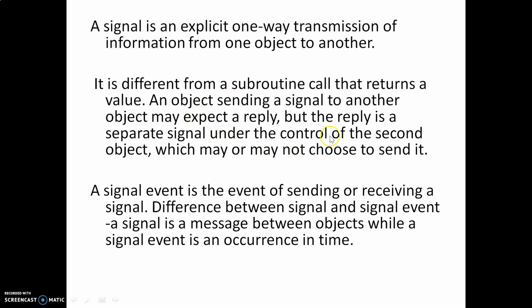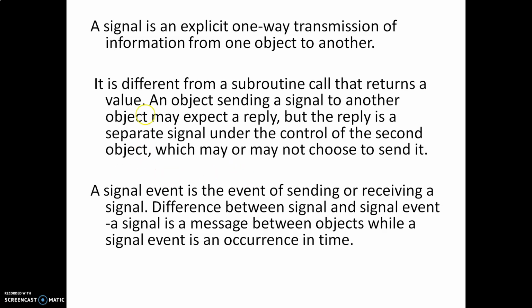Okay, now what is the meaning of this entire paragraph mentioned here? Just now I told you one of the ways to signal your friend is you wave your hand and say hi, right? But then expecting a response from the friend to say hi again, like him waving his hand in response, is completely dependent on your friend, right? If he wants to, he would wave it, otherwise he would not. So same thing happens in case of transmission here. The meaning of this separate signal under the control of the second object is that the response depends on that object, whether it is going to reply or not, right?